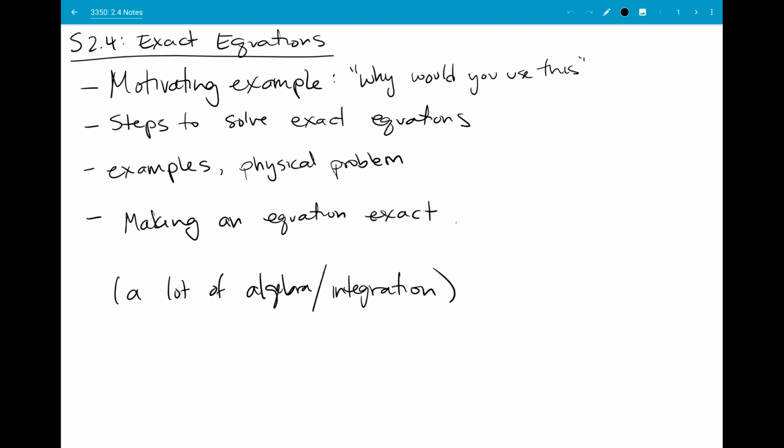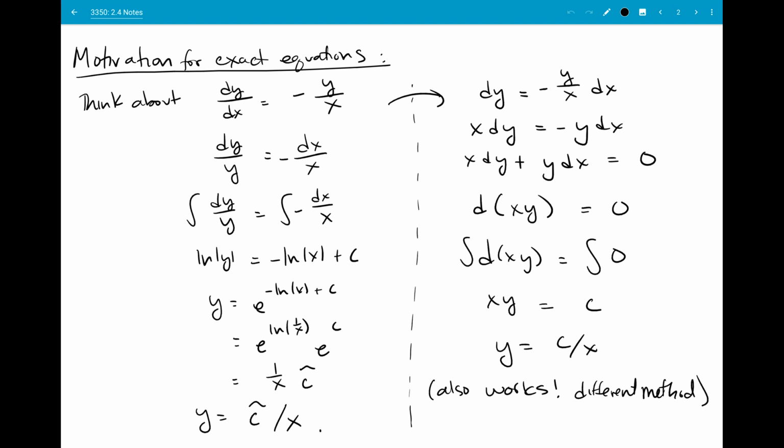Okay, so in this section we were learning about exact equations, and I told you that we would motivate it, spend a lot of time learning the steps and practicing examples, and that we would learn how to make an equation exact. And that all of this would involve a lot of algebra and integration. So we started with that motivation where we looked at a type of differential equation